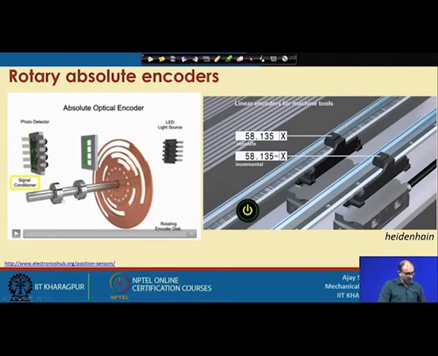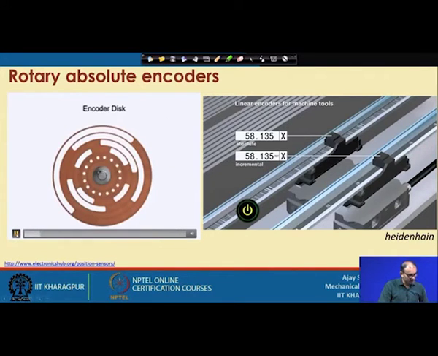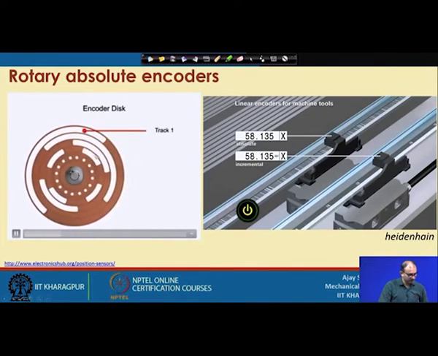Now, in this animation, it is an absolute optical encoder. This is the photo detector and this is the LED source. Light will pass from here and reach here, then there is a signal conditioner, because whatever light you are getting has to be converted into a signal, and then you get the motion information out of it. This is the encoder disc and it has two regions, opaque and transparent, and it has four different tracks right now, 1, 2, 3 and 4. Now, if you want to increase the resolution, what you have to do? You have to increase the number of tracks.